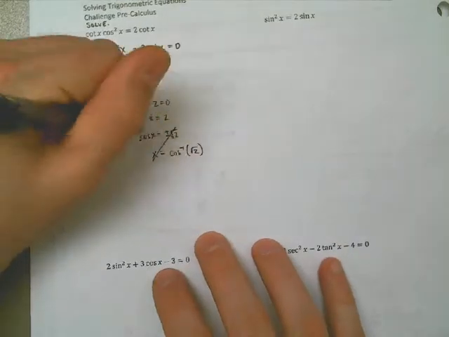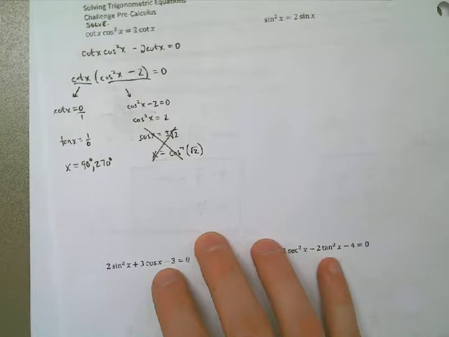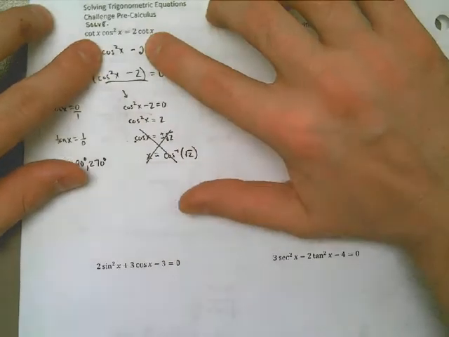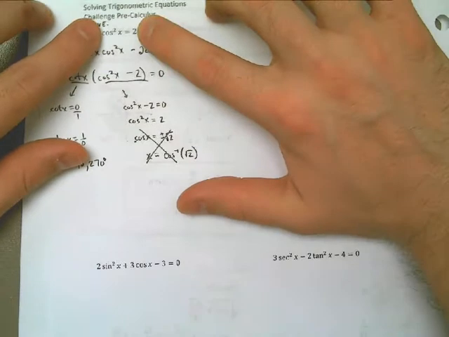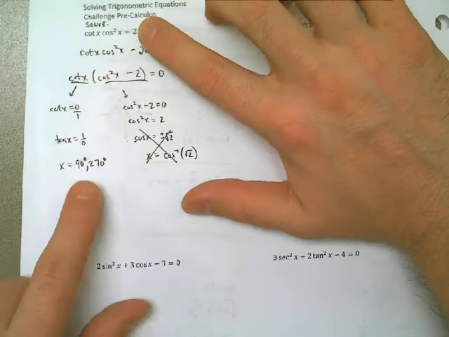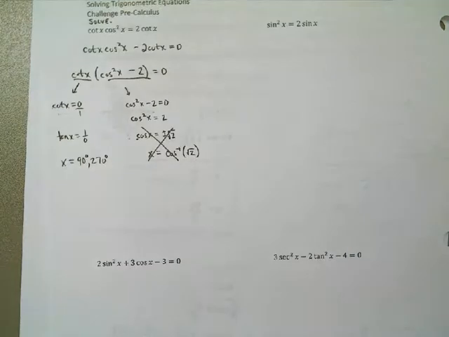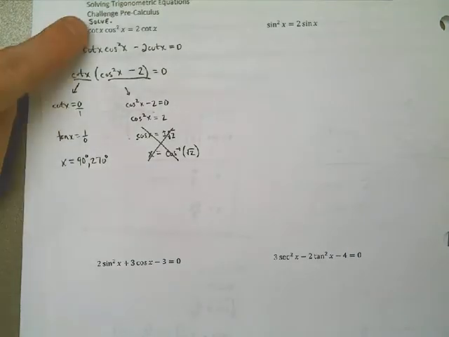And this is 1.4. Square root of 2 is 1.4. So it turns out there are no solutions there. And see, if you would have divided out the cotangent at the beginning, you would have ended up with no solution. We would have lost the 90 and the 270. So our two answers for this are 90 and 270 degrees, but the instructions say solve, which means two things